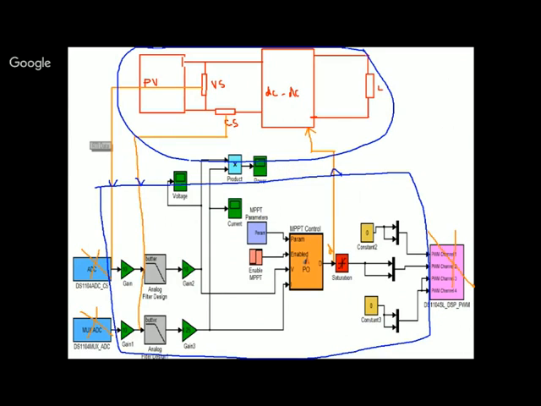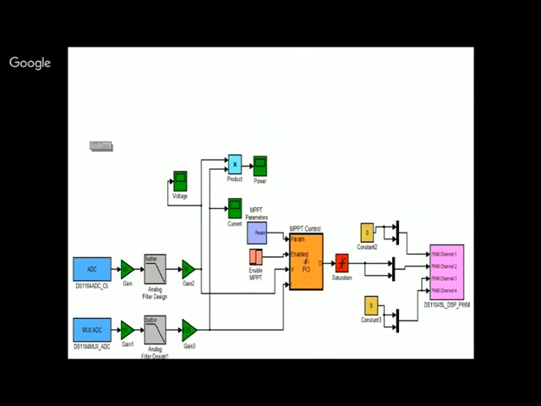So once you have simulated, we will remove the upper circuit, and after simulation your circuit will look like this. Only this portion you take, and you will take perturb and observe also. Okay, now I am going to implement it in hardware. So what I will do, now I have to connect my dSPACE. Once I connect my dSPACE, yesterday I showed you Arduino.